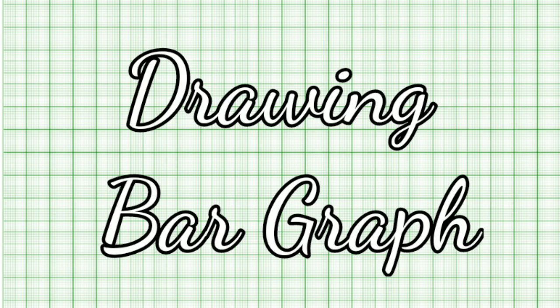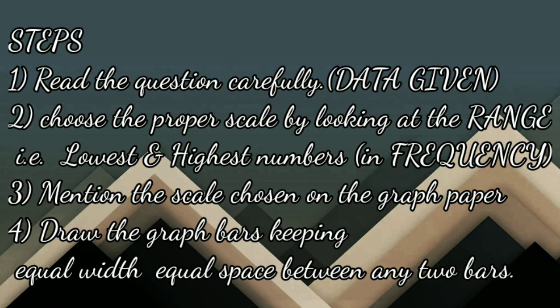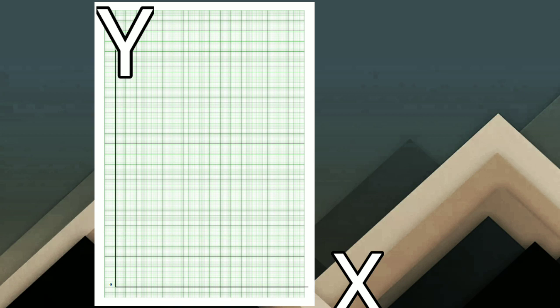And now let's go with the drawing of bar graph. So when it comes to drawing of bar graph, again you have to pay attention to what we did in interpretation. So first of all, we have to look at the data given, and we have to decide whether we'll draw it horizontally or vertically. I will show you one example with horizontal as well as vertical. You can just remember, it's for your information. The horizontal line, which we call the x-axis, and the vertical line, which is perpendicular to this x-axis, we call the y-axis. Okay, and they meet each other at 0.